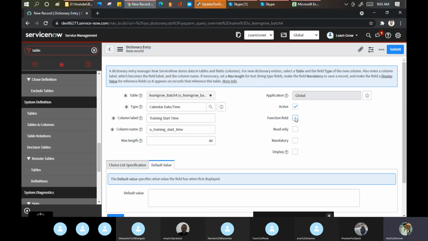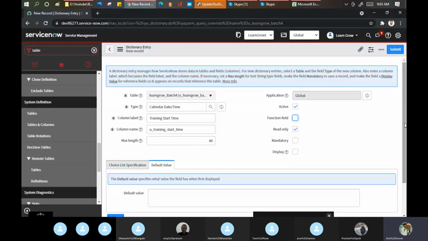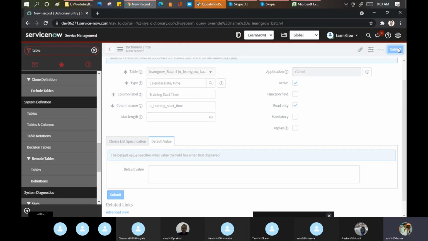Do you want to put any function on this particular field? You can define any calculation, you can use that part. But how to do that, I have as of now no idea. Then you want to put any default value, you can put it, but let it be like this only. Click on submit.